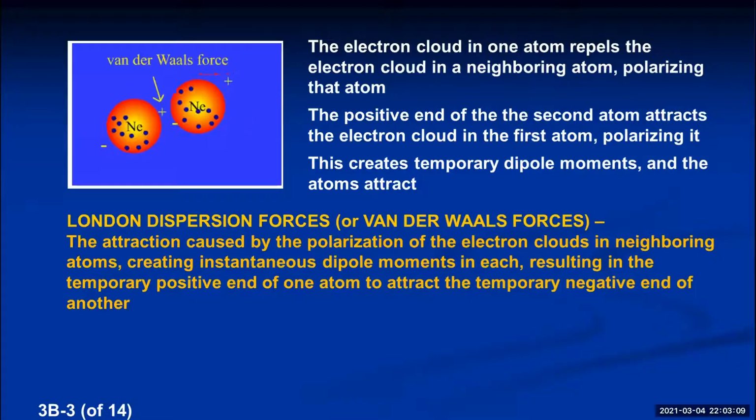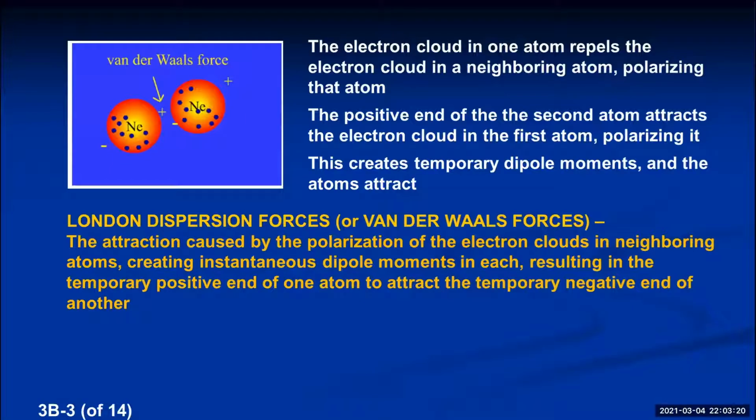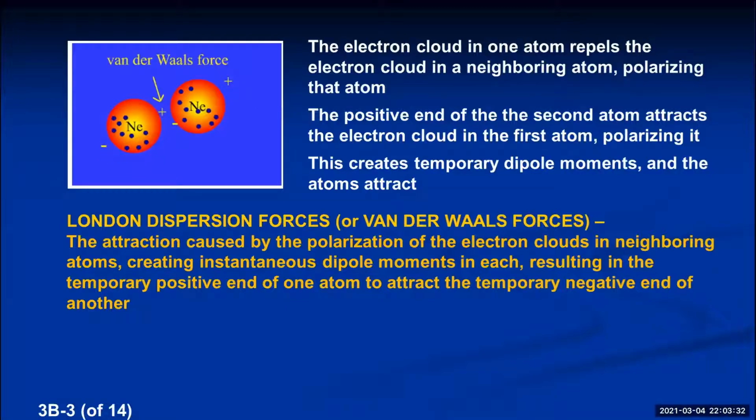So this is the way that noble gases can actually create liquids or solids. If you lower their kinetic energy down to a really low amount, which only happens at really, really low temperatures, then these really weak London dispersion forces can now overcome the kinetic energy and hold the atoms together as a liquid or even as a solid. Okay, so that's the major attractive force that exists in matter composed of only noble gases.